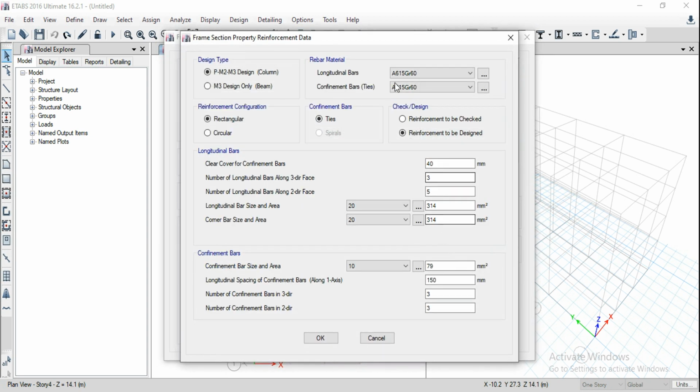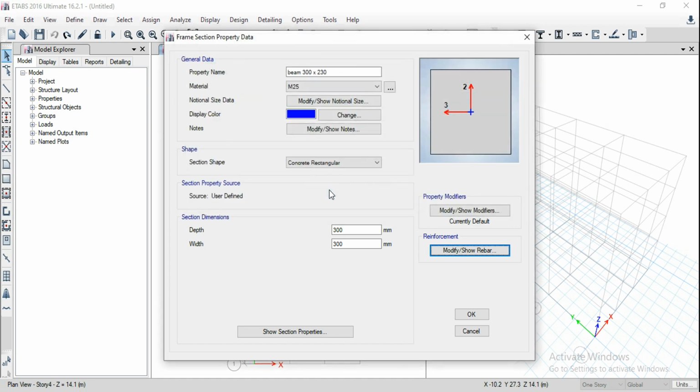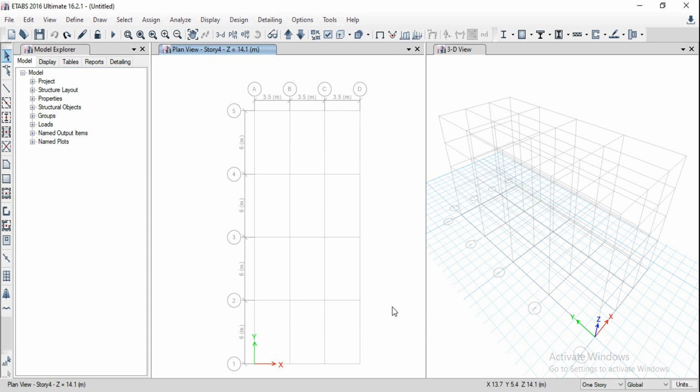And we need to modify the grades of the longitudinal bars. And before that, we need to change this one also. We need to change this for beam design only, and we have to go for the longitudinal bars and just go for HYSD bars. Similarly, for confinement bars also, we need to give HYSD bars. So HYSD 415. And yeah, it is asking for the cover and all the other parameters. So click on OK, and you can click on OK again. To close this box, again you have to click on OK, or you can directly close with the cross mark also. Now we'll see how to assign the geometry by using these grid lines.